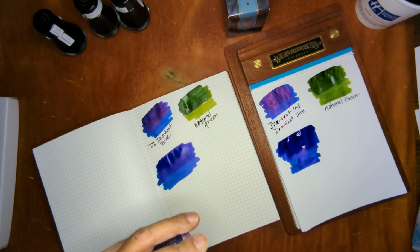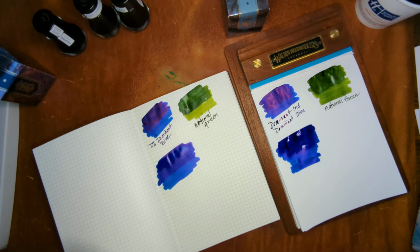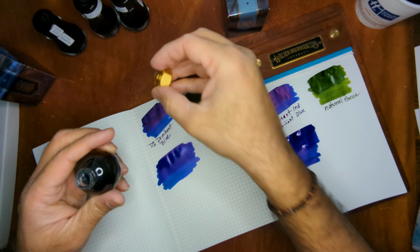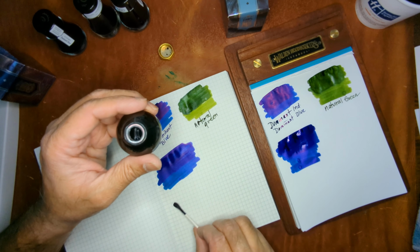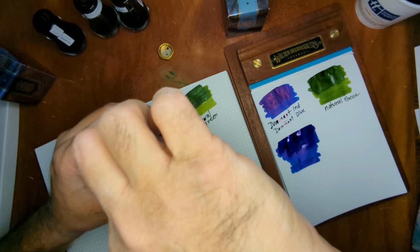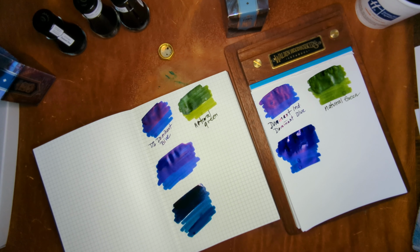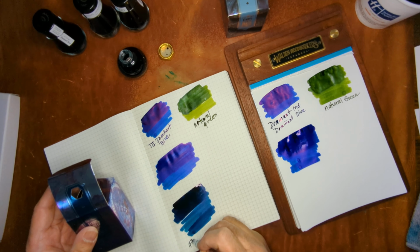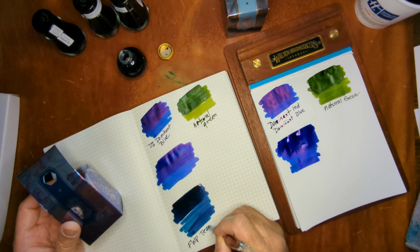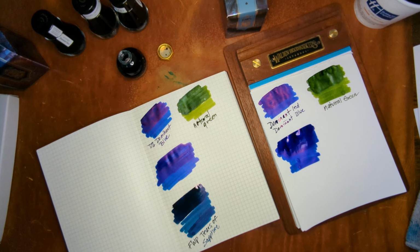Let's try some non-Dominant Industry ink. So this one is Tears of Sapphire by Ferris Wheel Press. And we'll take a peek as to how that looks on this paper as well. I will talk about why I don't like these bottles in another review, because they are quite annoying for larger nib pens, and everything nowadays is going to a size 8 nib, right? So this is the Ferris Wheel Press, and this is the Tears of, and then this is the Sapphire model here, and we'll let that dry up and see what that looks like,